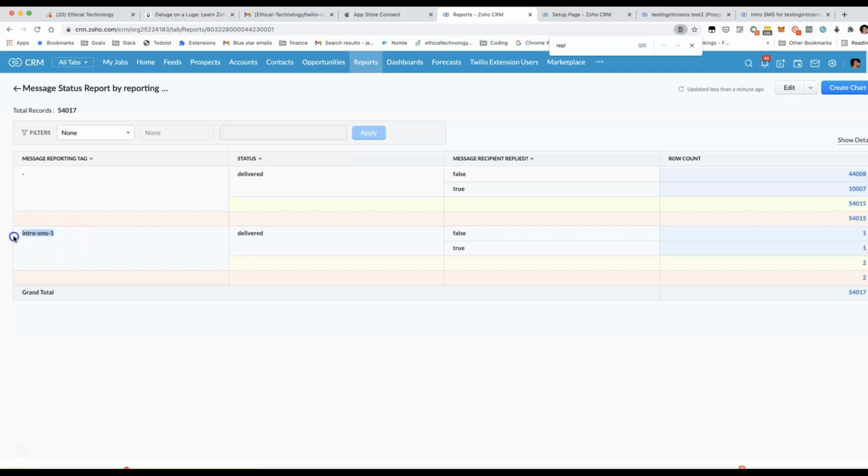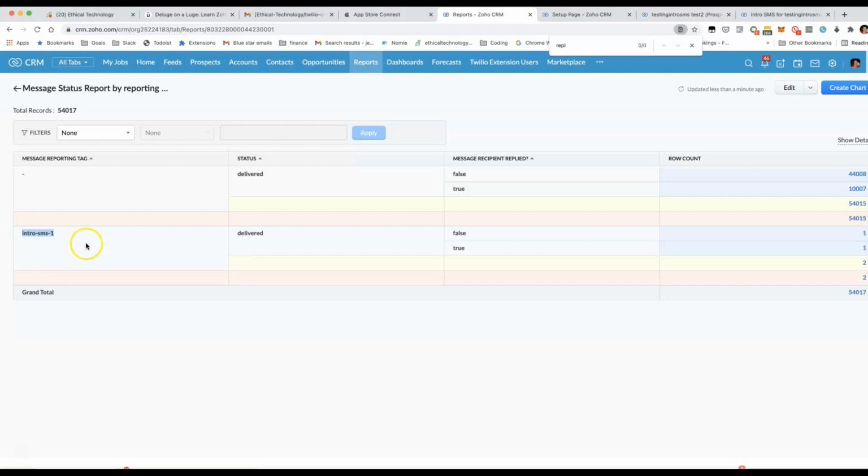For example, I could have intro SMS 1 and intro SMS 2. I could then randomize whether a particular contact gets SMS 1 or SMS 2, and then I could have a look and see what is the reply rate for variant 1 versus variant 2. That would then help me to decide, okay, it looks like variant 2 is better. I'm going to put a lot more SMS into that one because it seems like people like that SMS and